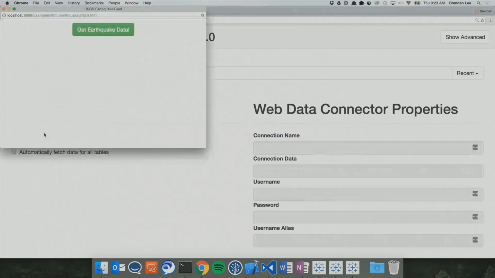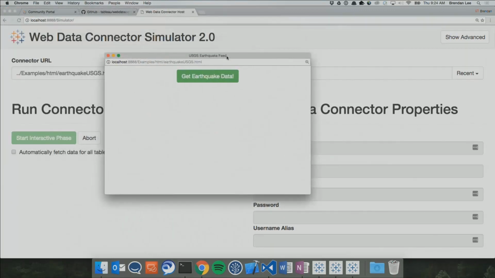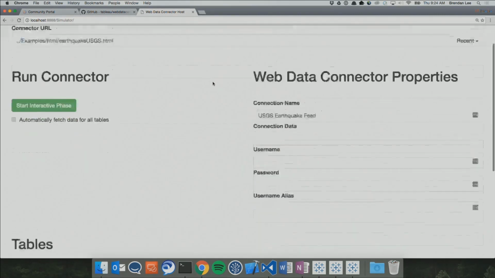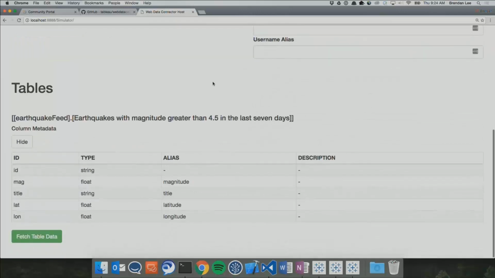So if I click Start Interactive Phase, that mirrors us going to a URL in Tableau. And you'll notice that this web data connector is running inside this pop-up window. So this is the interactive phase. Again, its purpose is to gather input from the user. If I click this button, we're actually ending the interactive phase and moving into the gather data phase. So like I mentioned earlier, in the gather data phase, we're doing two things.